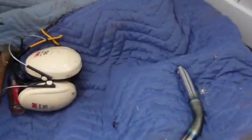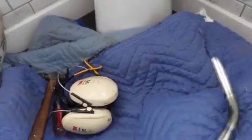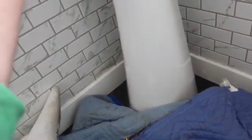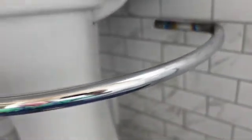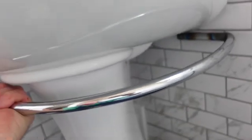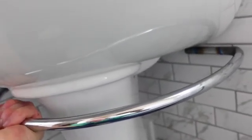Okay, so I got those little angles there. So the trick is going to be, which one do I want to do here? I think I want to go this way. Okay, I see my two tiles. I think I just need to do two tiles. I'm going to put it in this way, I think. So that'll be...